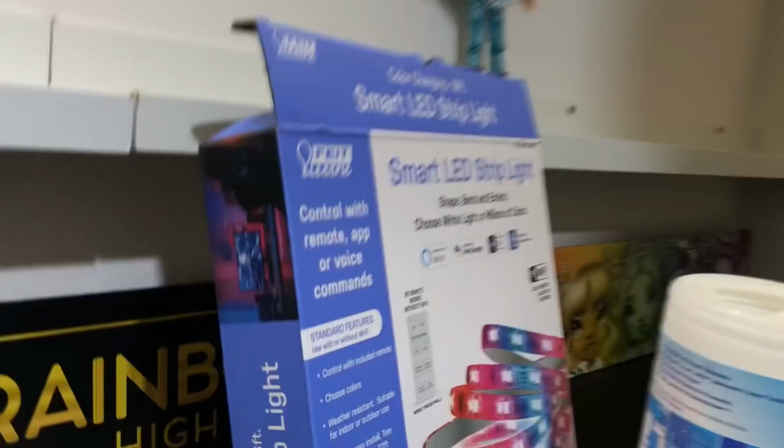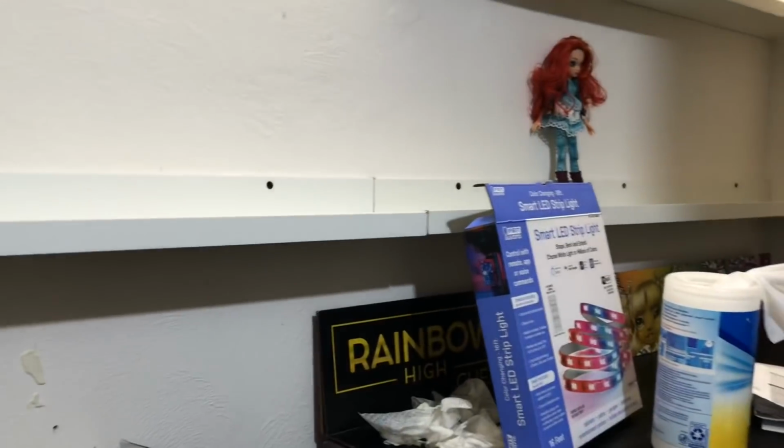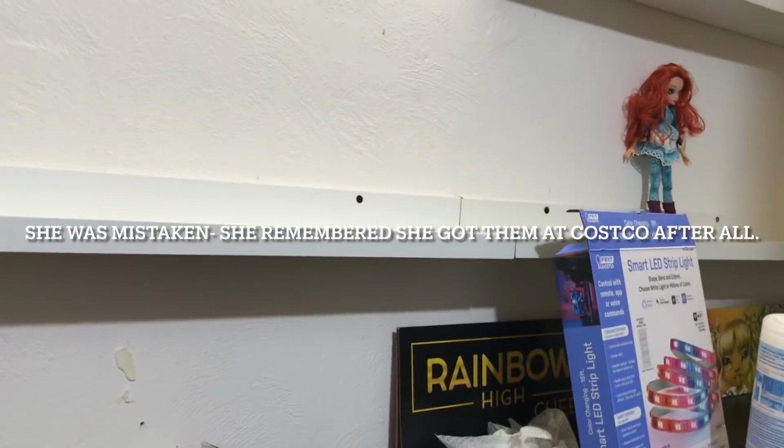Oh my god. So my issue is that my mom bought this for me 3 years ago and these connect. I can connect 5 of these to finish my entire shelf wall here. I probably need more because I'm doing shelves here too, but I need to find this exact brand. She said she got it at Walmart, but they definitely don't have that anymore. I've been to Walmart recently and I always go to that section, so